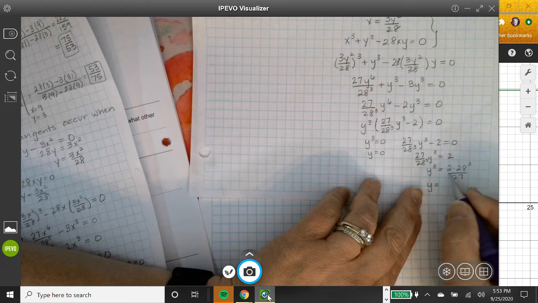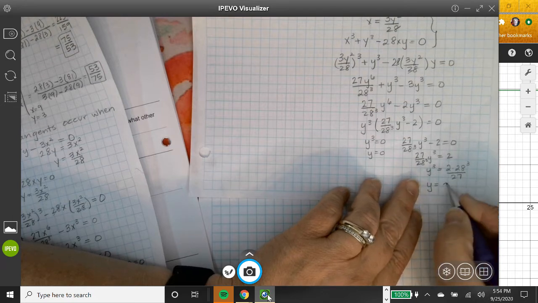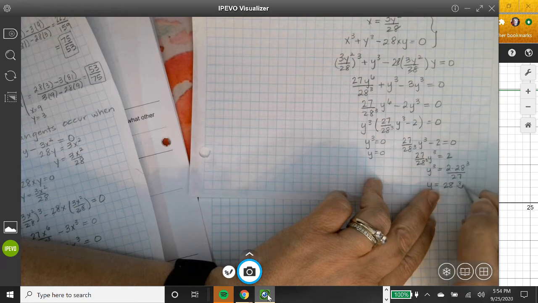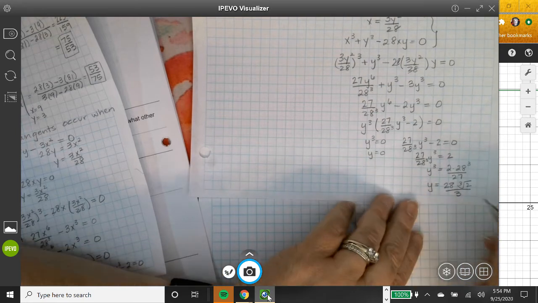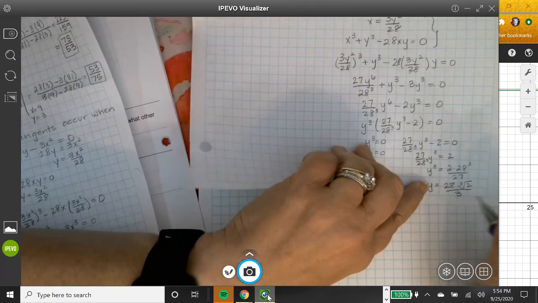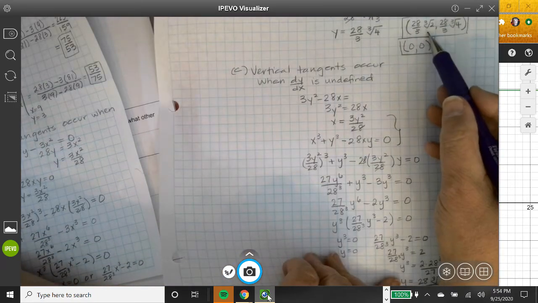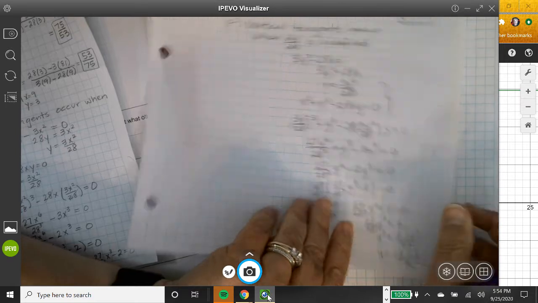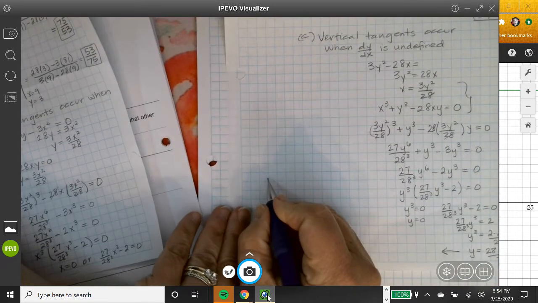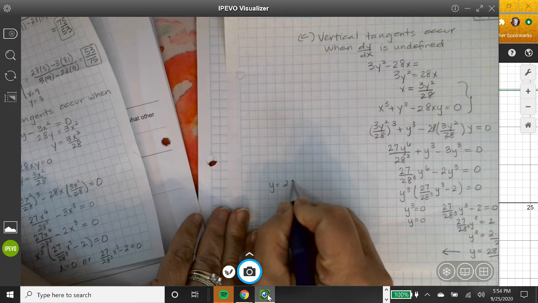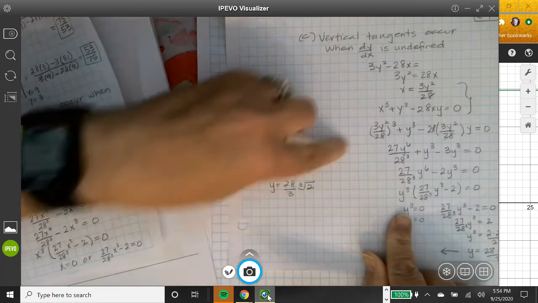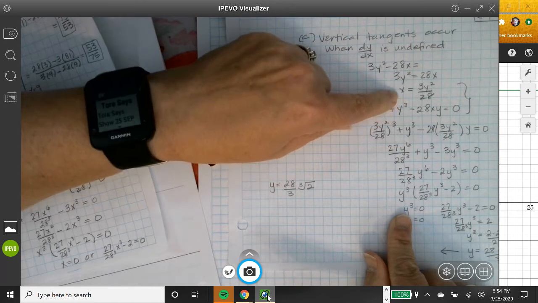We get y equals, well, the cube root of 28 cubed is 28 again, and this is going to be the cube root of 2 over 3, which looks remarkably like the x value we had up here. So I'm going to go this direction. If y equals 28 over 3 cube root of 2, the x, going back to my equation here, is going to equal